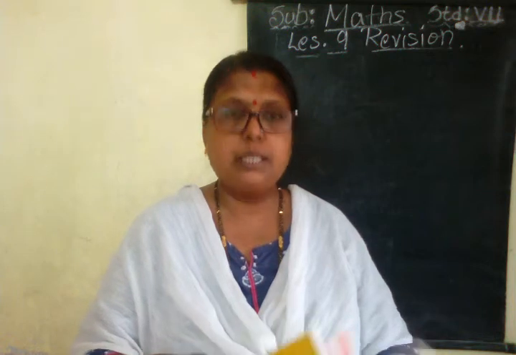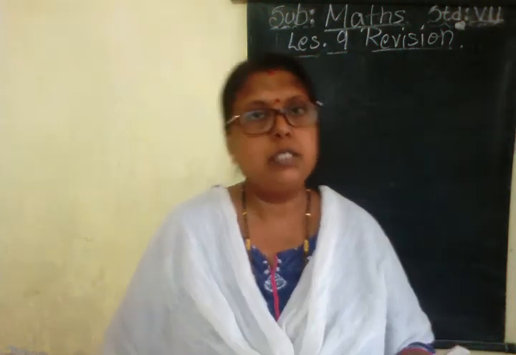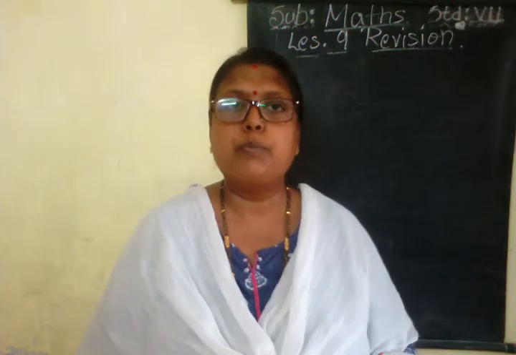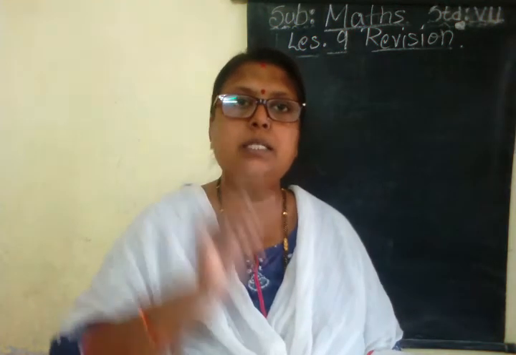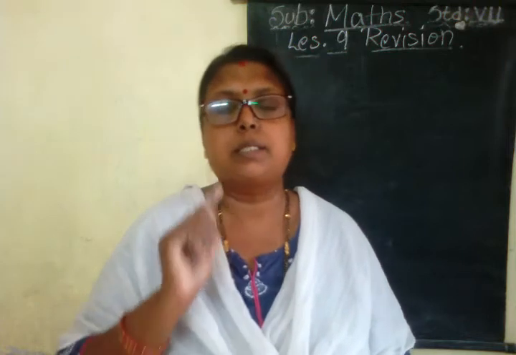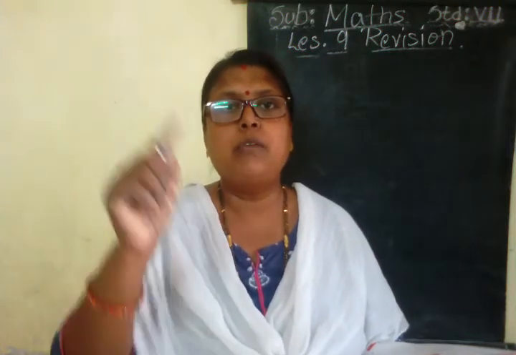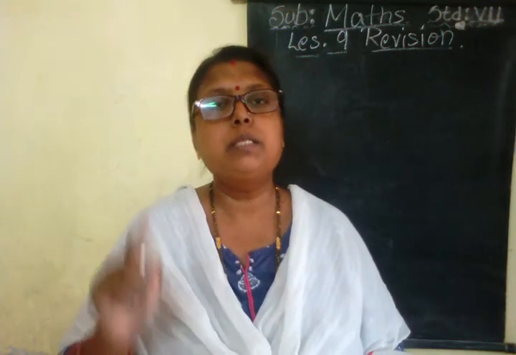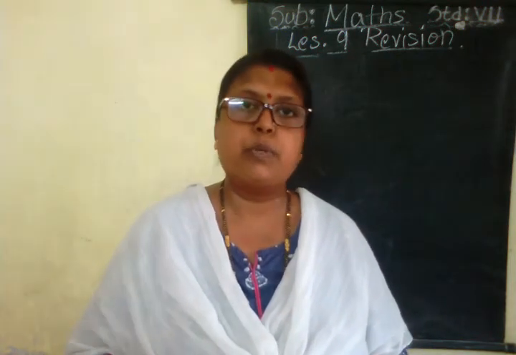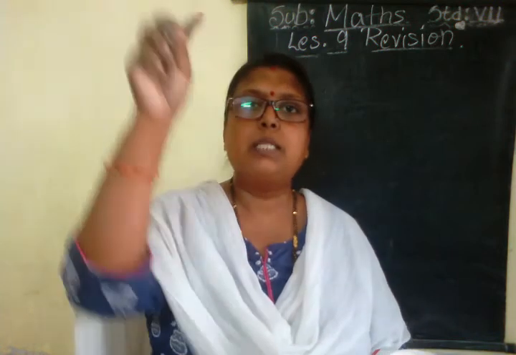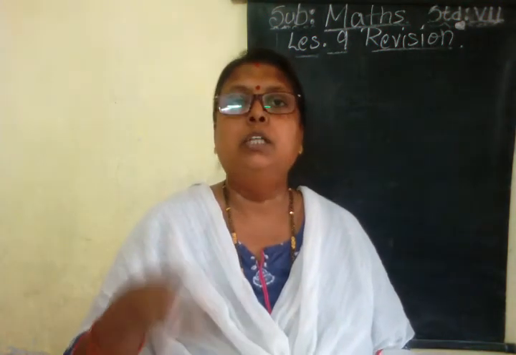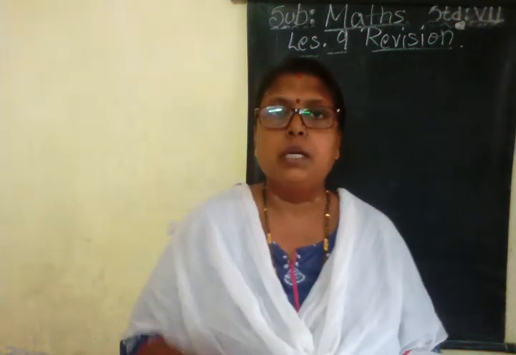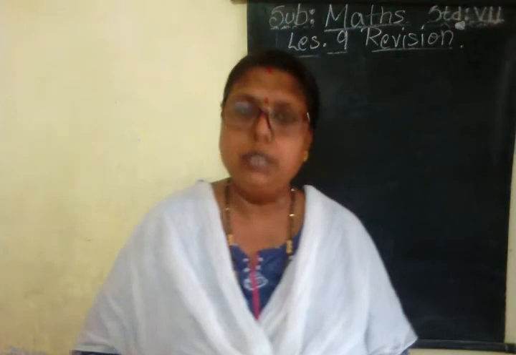So name of the lesson is direct proportion and inverse proportion. We have studied earlier direct proportion and inverse proportion. When one quantity increases, the other one also increases, so their ratio is always constant. The ratio of the two quantities remains constant. Whereas in inverse proportion, when one quantity increases, the other one decreases. So in this, the product of the two quantities always remains constant. So these are the two things you have to remember.